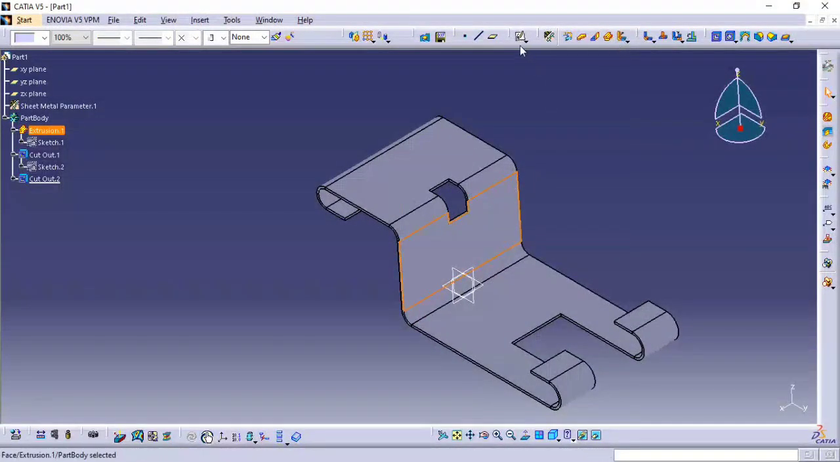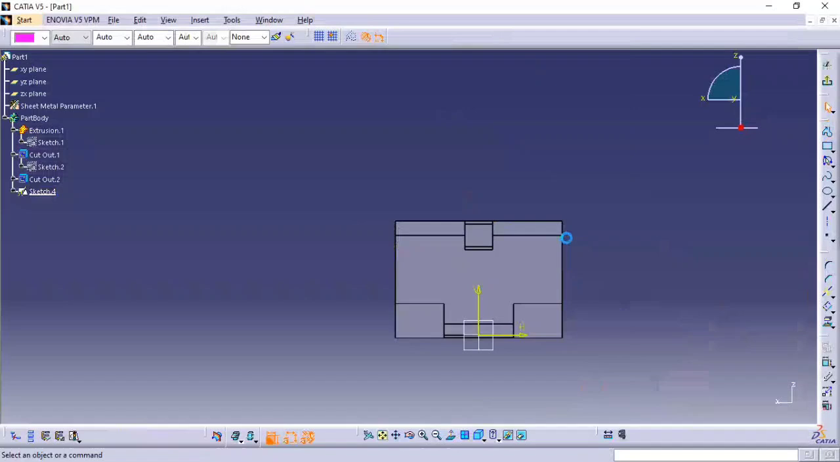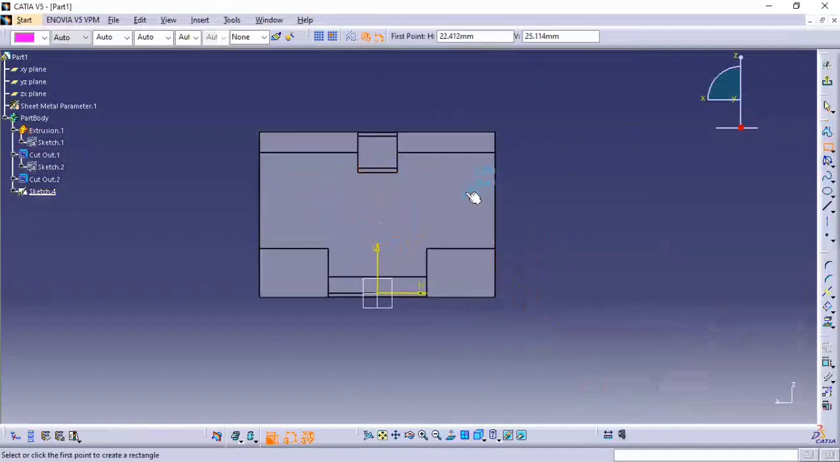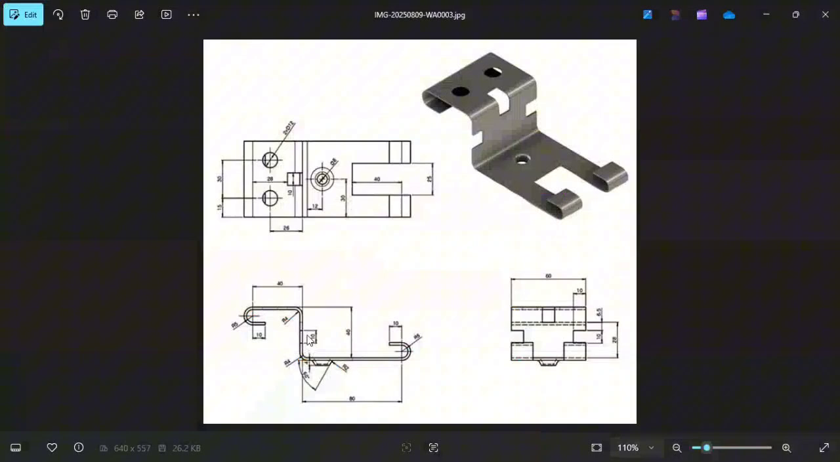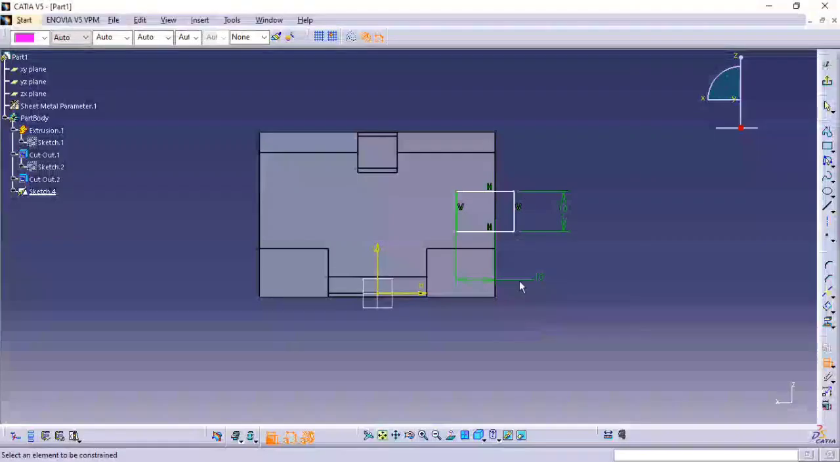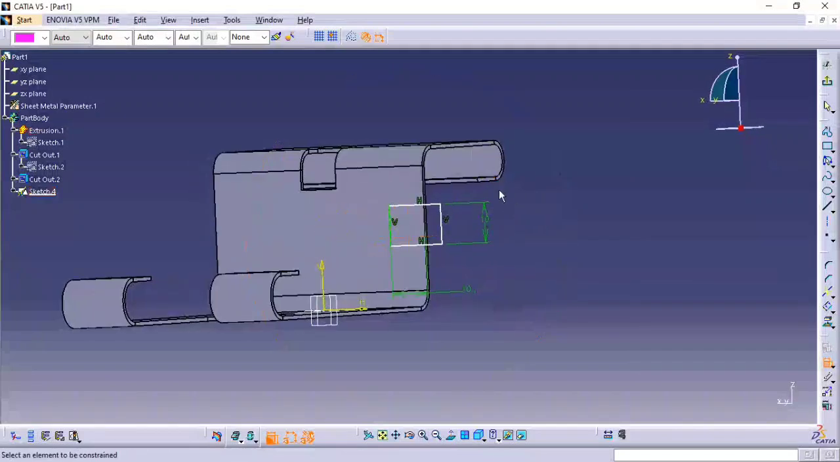Click on position sketch, select this plane, click on OK, make two rectangles. So let's constrain it from this edge to this edge, maybe 10 only. And this length will be 10 also. And what about height? See, it is 6.5. From where to where? From here to here, 6.5. Double click 6.5, enter, exit,